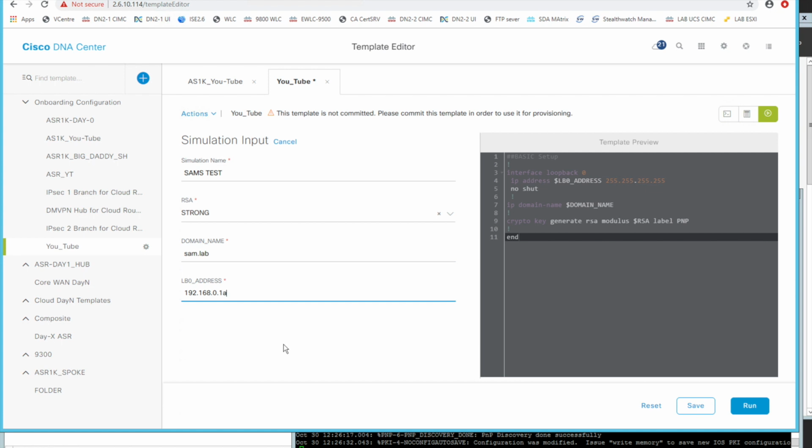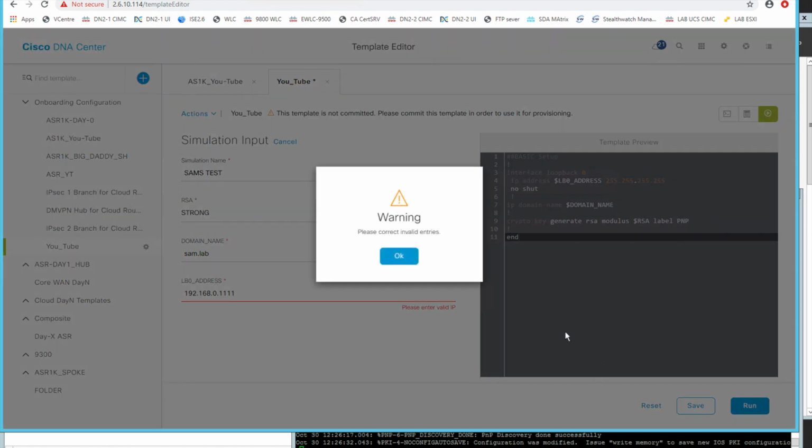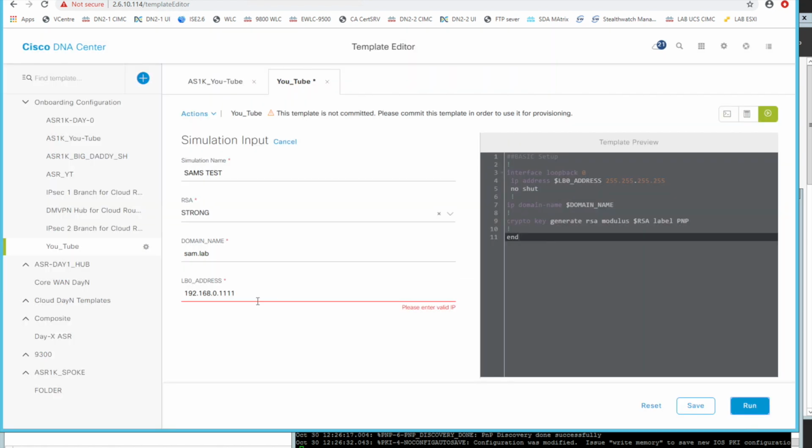Same for the IP address. I'll add in a letter, which isn't part of an IP address. It'll kick up an error. Or if I add in a 4th number, you know, an IP address is 4 boxes of 1 to 3 digits. It's not going to work. So it's quite useful. So once I've put this information in, I can click run, and we'll see on the